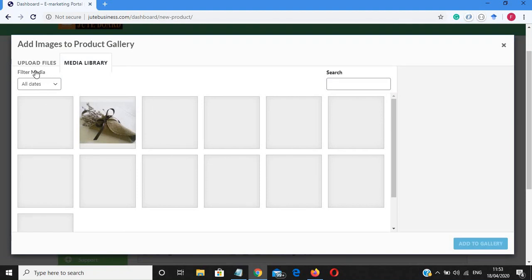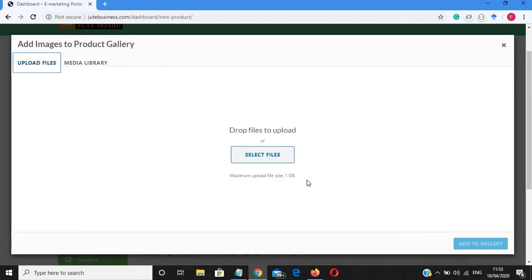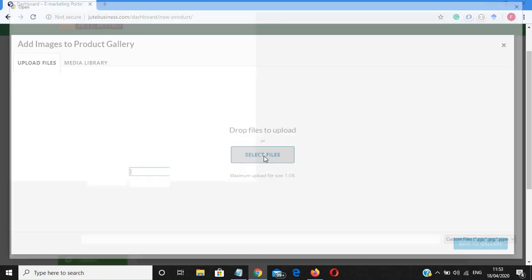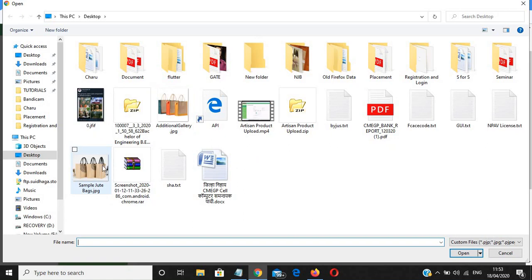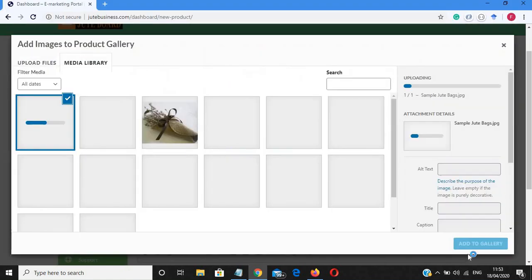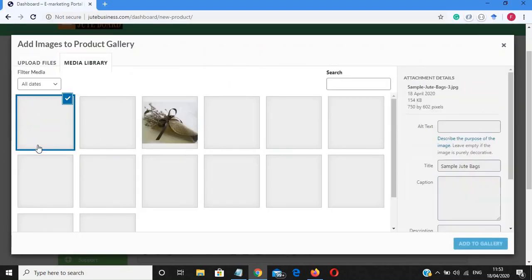So similarly, I need to upload the file and select from the gallery. Here I have already downloaded a picture, so I am selecting that one and clicking on the open button. Here the blue box is showing that your upload is complete, and this tick sign is also showing us that your upload of that image to the gallery is completed.